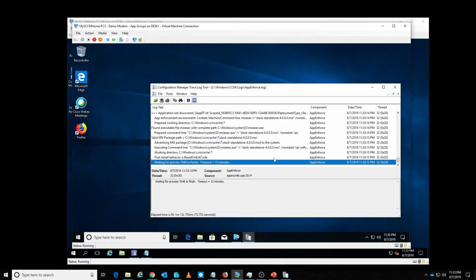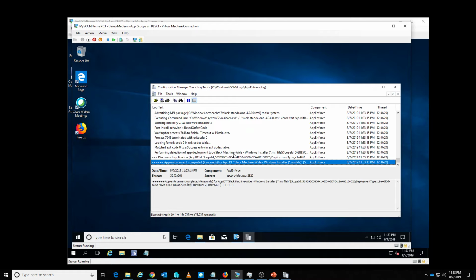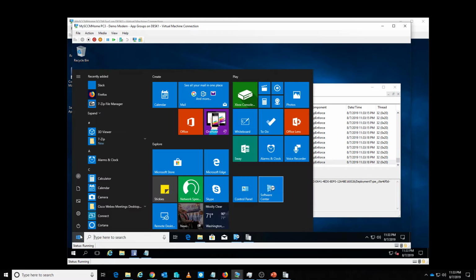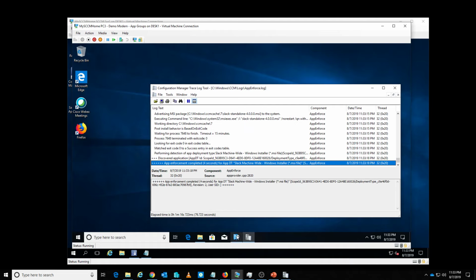Firefox finished. Now we have Slack. I think Slack is the last one. This is the machine-wide installation of Slack. Okay, and I think that's finished. Yes, Slack is done. So if we look at Software Center,